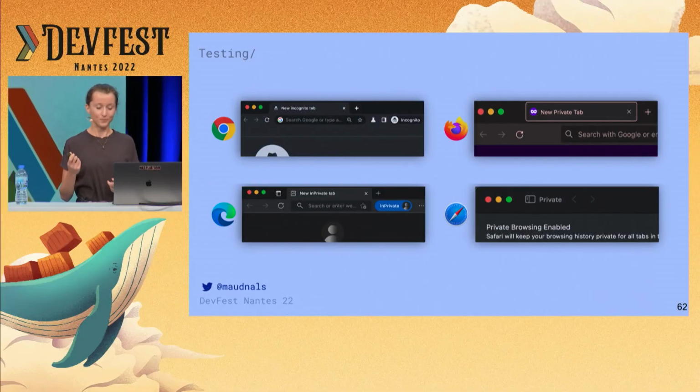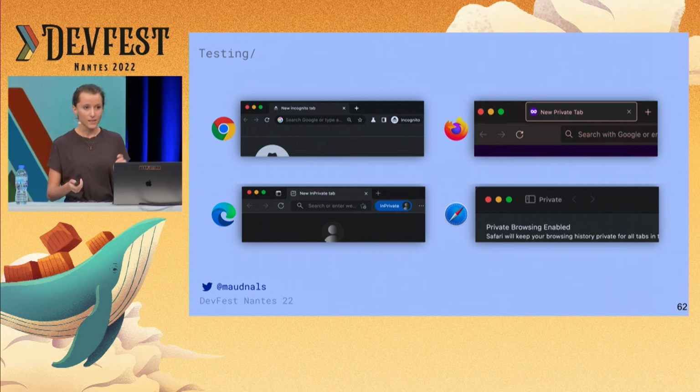So tip number one, test with private browsing modes. When I say private browsing mode, it's incognito in Chrome. It's called private browsing in Safari, and so on. They have different names, but you know which ones I mean. Another thing is, I know I often pop an incognito window to double check something and make sure I start with a clean slate. This is not what I mean here.